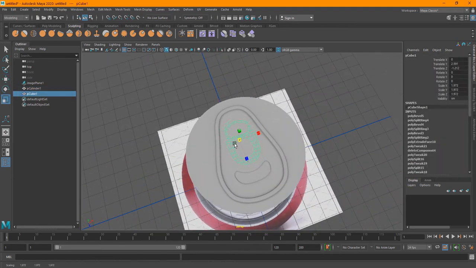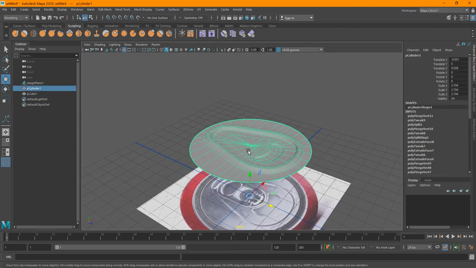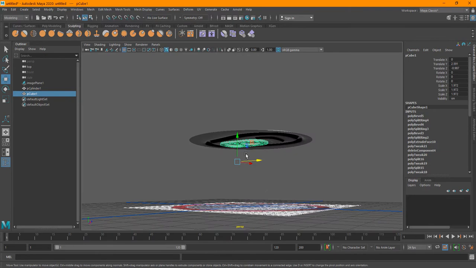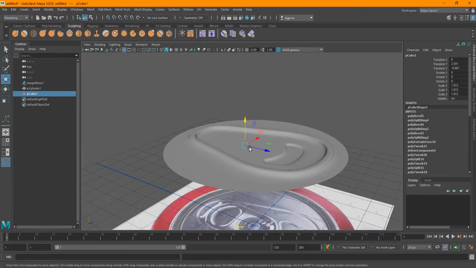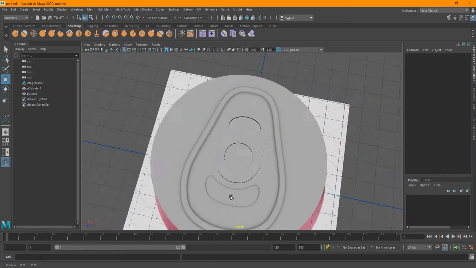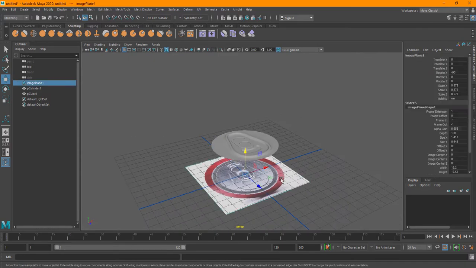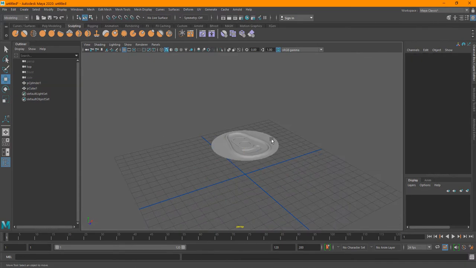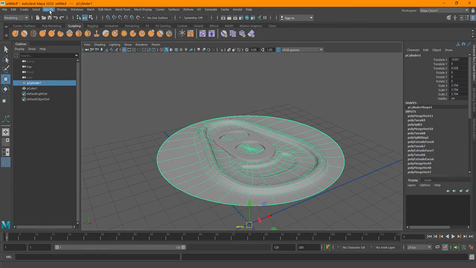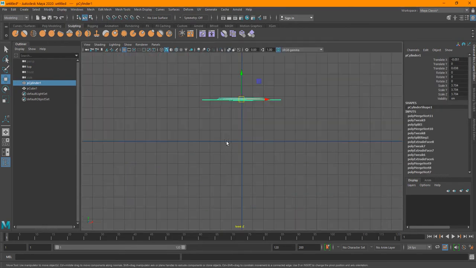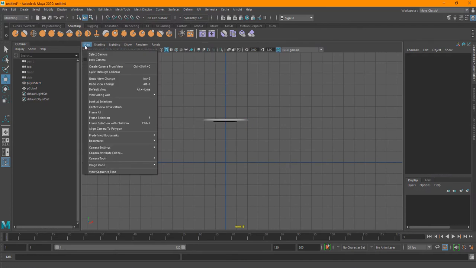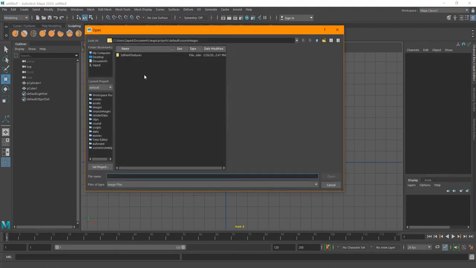We can just scale it down a little bit. And that I would say is okay. So I'm just going to go to modify, center pivot, and just move it up. This much I think is fine for the top. I'm just going to delete this, and I'm going to select this one and center pivot, and I'm going to create the sidebar. So for the sidebar, I'm going to the front view, go to view, image plane, image, and